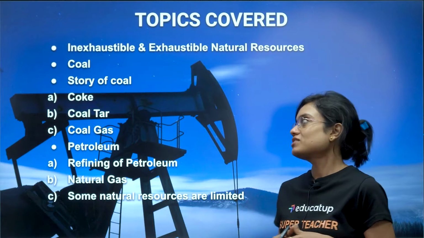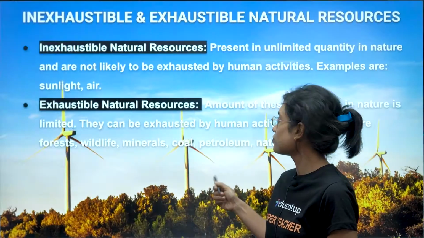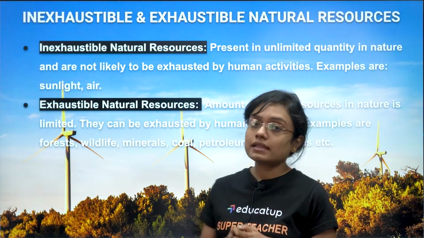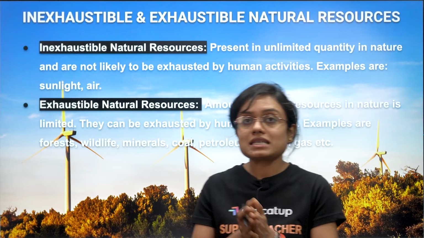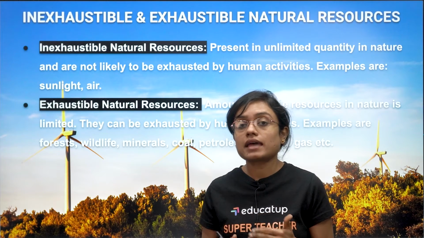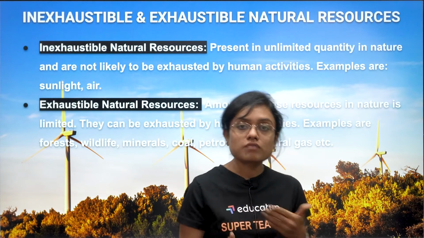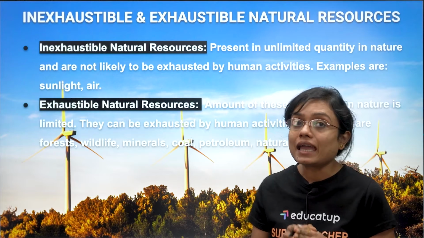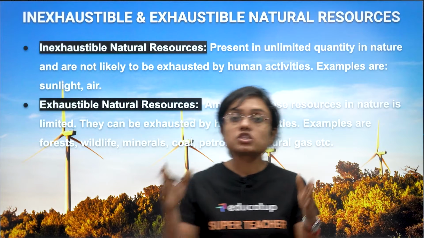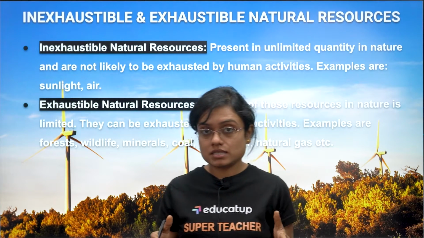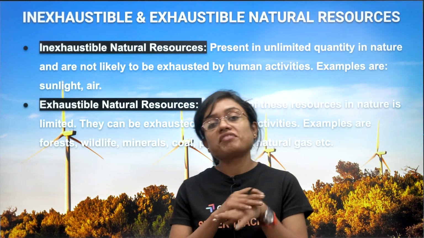So with this, we start with the first topic, and that is inexhaustible and exhaustible natural resources. Now, the resources which are present in limited quantity in nature and they are likely to be finished off, exhausted, means khatam ho jayengi ya finished off ho jayengi because of the human usage are known as exhaustible natural resources. The resources which are present in unlimited quantity and they are not likely to be finished off,